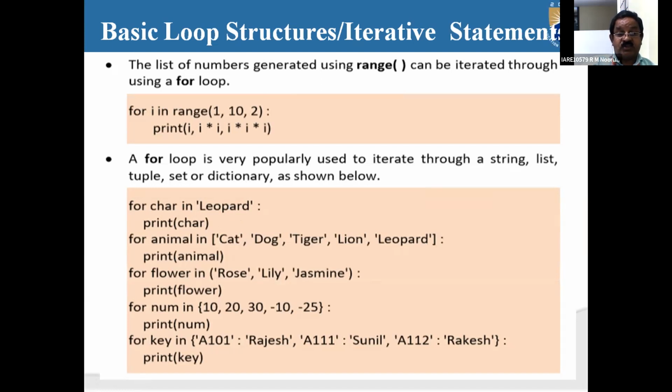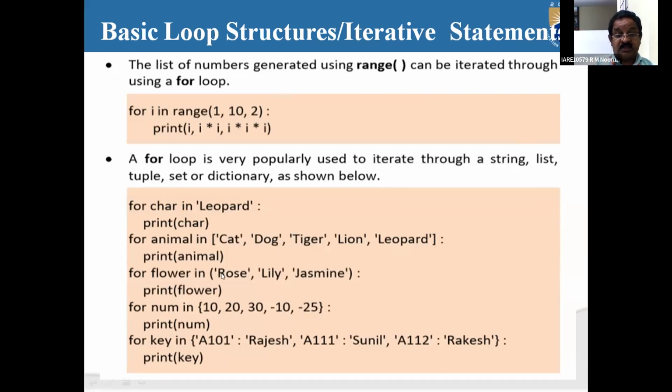So char of subscript 0, 1, 2, 3, 4, 5, 6, and so on, it's going to be checked. Next, it will be a null character. Since there is no character stored, it will come out of that particular loop and exit from the for loop. In the same fashion, here also it's going to write all these 5 and then it will come out of the for loop.